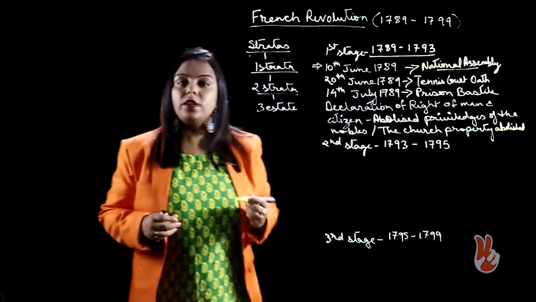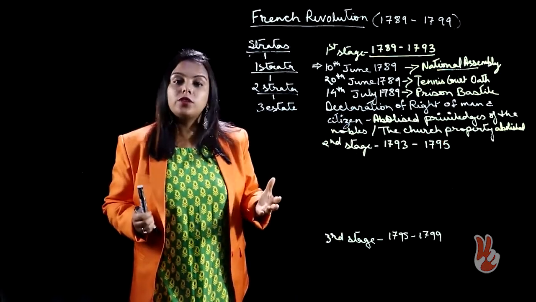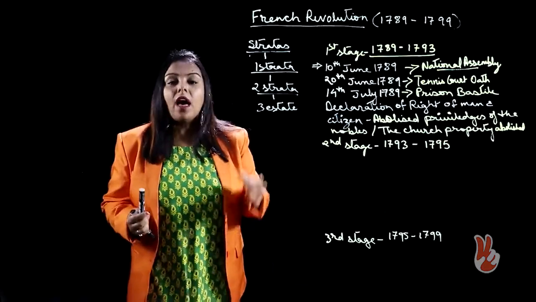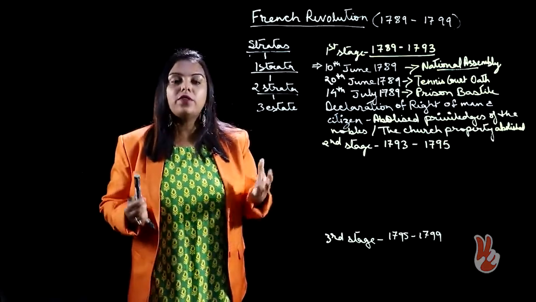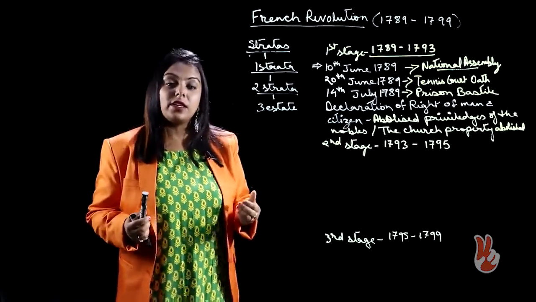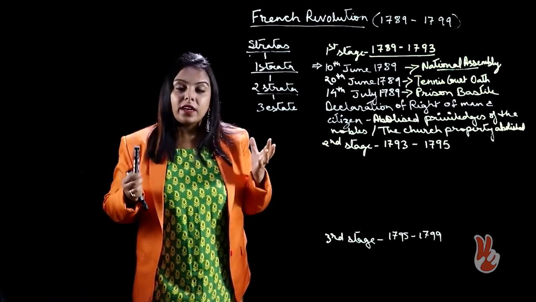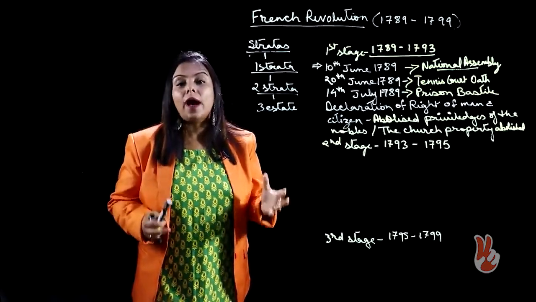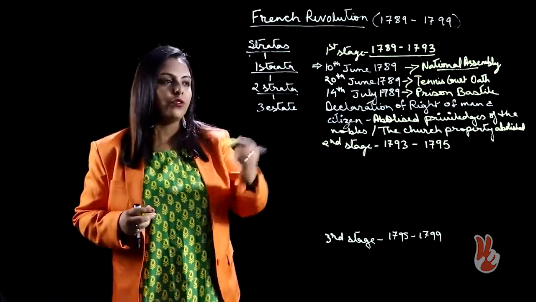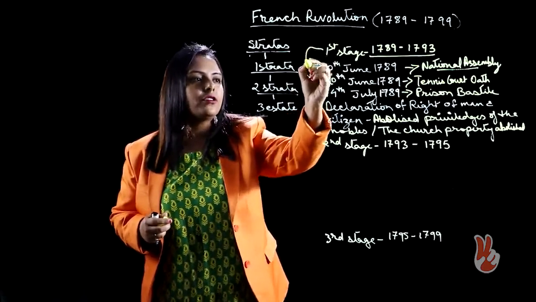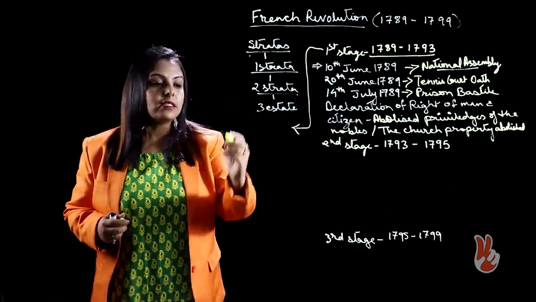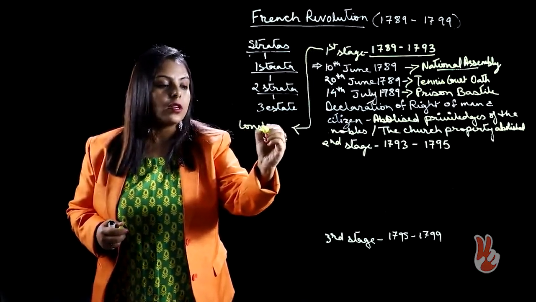Now, you must remember this National Assembly which was formed, it supported constitutional monarchy like the one we have in Britain. Okay? However, the Legislative Assembly which came into existence by the constitution that was created by the National Assembly was dominated by left-wing Jacobins. Now, let me write because it might sound really confusing for you. Let me just bring it here, all the information. Now, the National Assembly supported constitutional monarchy.